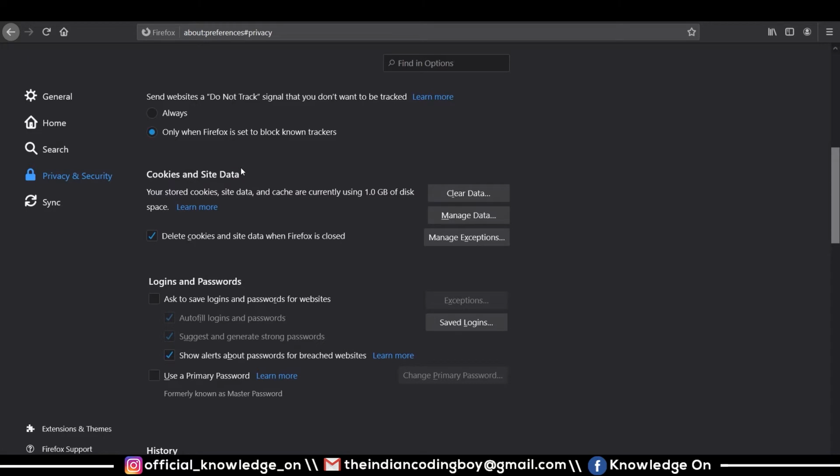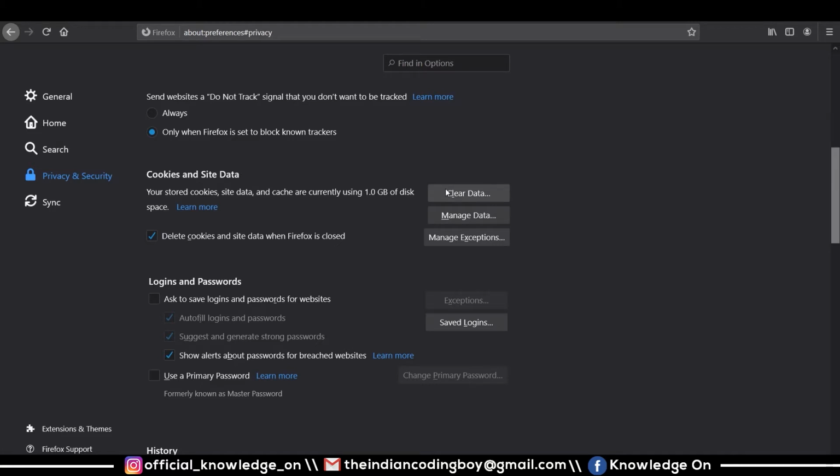This is actually what cookies are. You might wonder, cookies is not the one which we eat at grandma's home. And this cookie is a small file that can be used to store information like auto logins and auto form fills. Like if you logged in to Gmail a few days ago and you prefer to make the computer remember what your login credentials are, these files will be saved as a cookie.